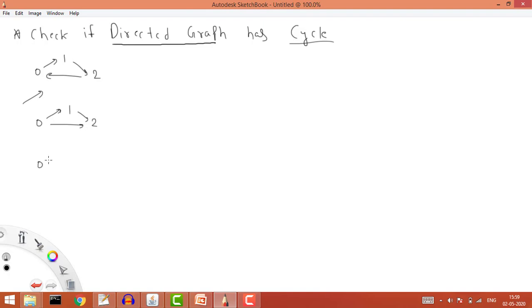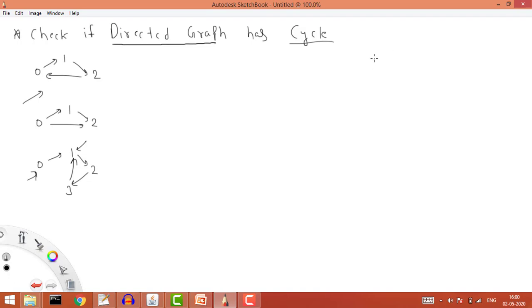Now let's say this graph. Here we have 1, here we have 2, and here we have 3, and let's say from 3 we again go to 1. If you see from this point 0, we don't have any issue, because from 0 to 1, 1 to 2, 2 to 3, there is no cycle, and there is no way from 3 to 0 or from 2 to 0. So from this starting point there is no cycle. But if I start from 1, then there exists a cycle: from 1 to 2, 2 to 3, and 3 to 1. So it is not necessary that the cycle is at a particular starting point. A cycle can be at any point, right?